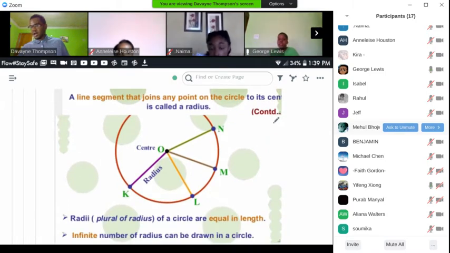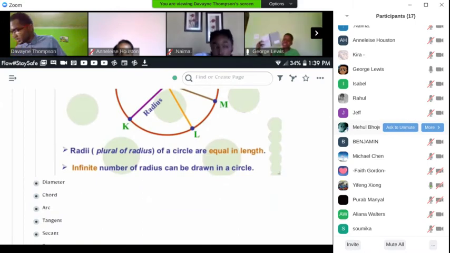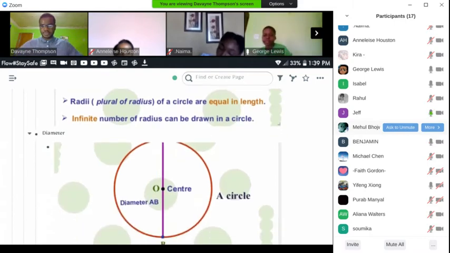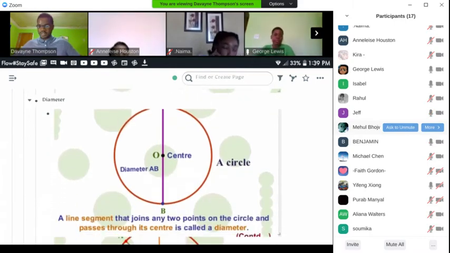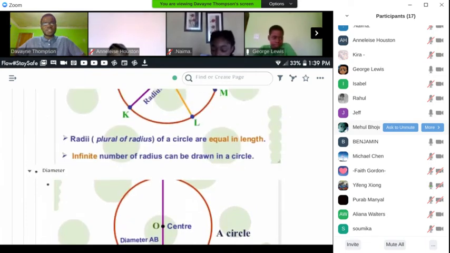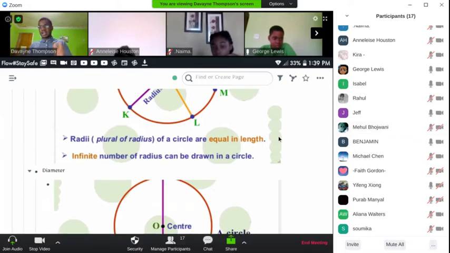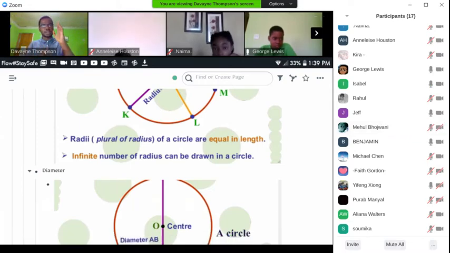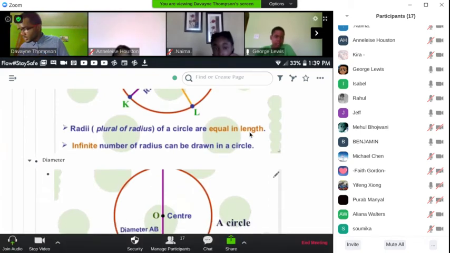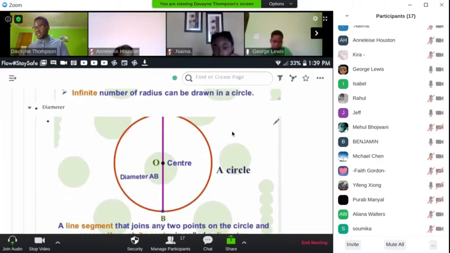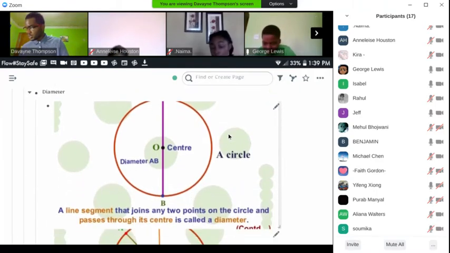So now we're going to move on to the diameter. Anyone know the definition of a diameter? Yes, what's the definition of a diameter? A diameter is a line that touches two sides of a circle and also touches the center. Right. So we can say then a diameter is a line that touches 2 points, but also must pass through the center. So let's write that. So you're gonna say a diameter is simply a line that joins any 2 points on the circle and passes